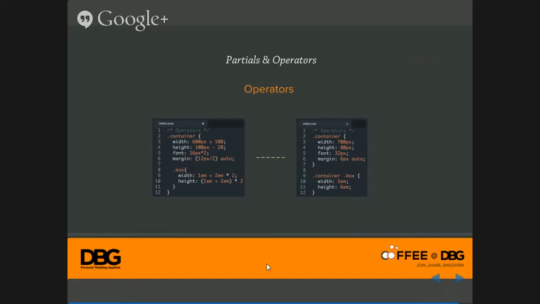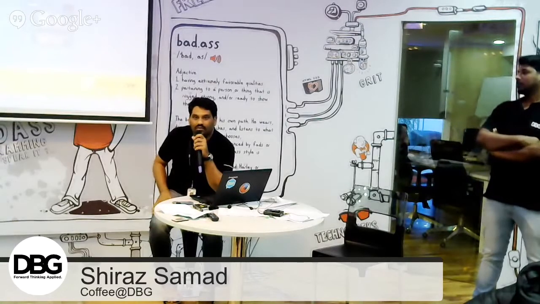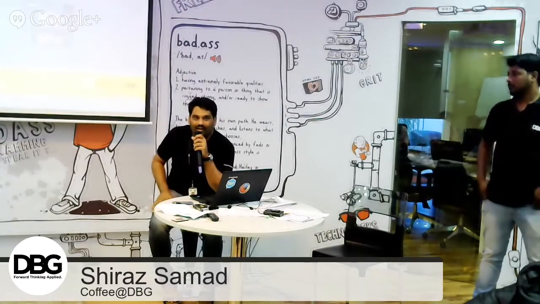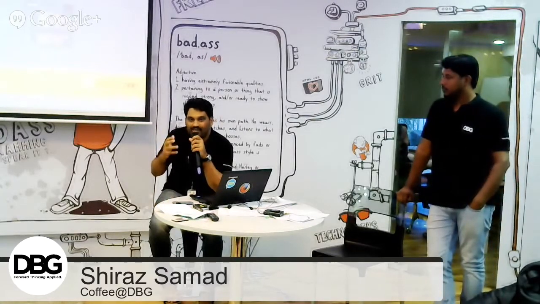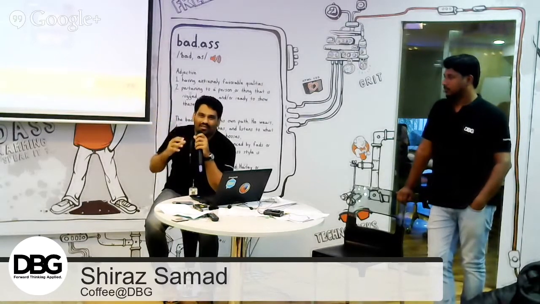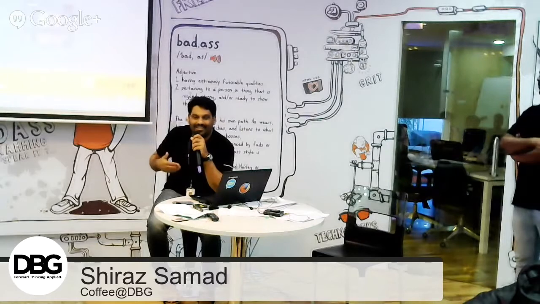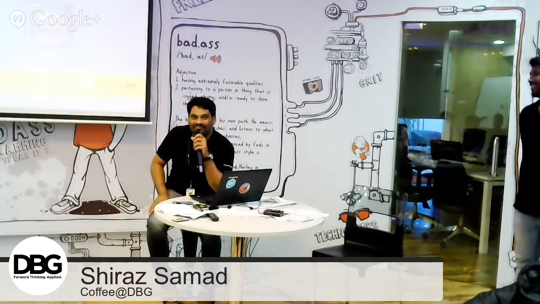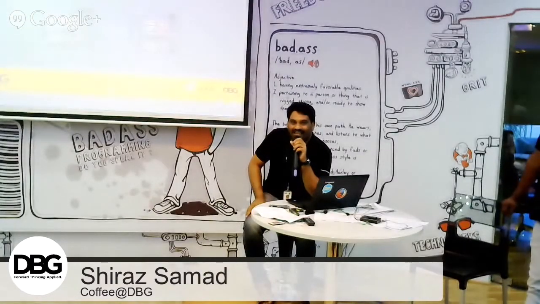We have loops, if-else conditions, and a lot of things. And in addition, we have Compass, Bourbon, and these are frameworks. What Compass and Bourbon give is the capability to extend your CSS to the next level, because with all these, we just want to write less code. If you start using all this, it will really be fun. So please take this as a starter session. And thank you.